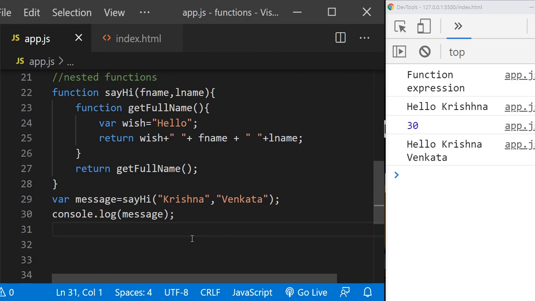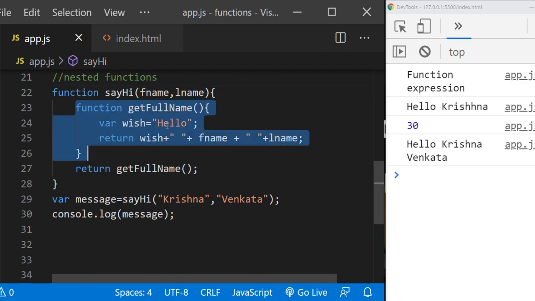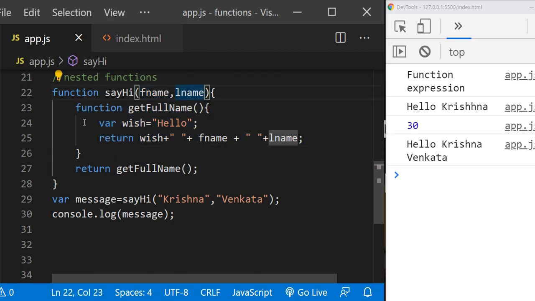So now I will explain how this sayHi function works, how the code is executed line by line, and in what order. When you pass sayHi Krishna comma Venkata, it comes here to fName, lName. It won't do anything here, and it will directly come here, where it's written getFullName. So now it will call the getFullName function. Now the cursor will go here, where it sees var wish equal to hello.